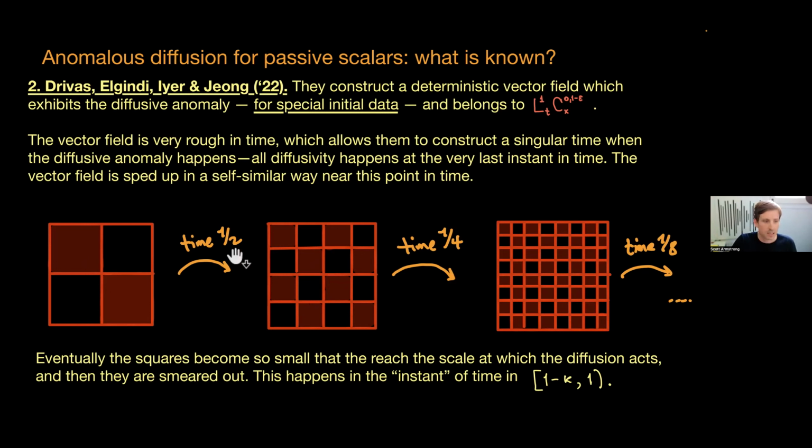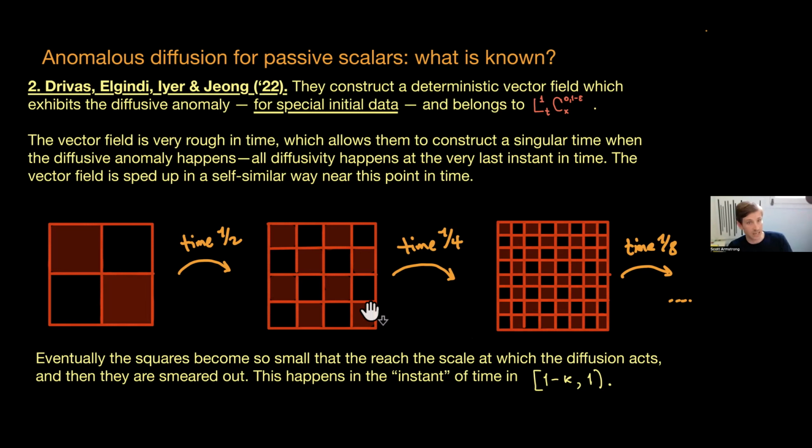Maybe it's so because the vector field is doing this, and the diffusion is not. It's maybe rounding these edges a little bit, but it's kind of irrelevant until finally you get down to a small scale at which the checkerboard, which happens in time 1, because if you sum these numbers, you get 1. But you get down to a small scale at which the diffusion can suddenly smear out all the checkerboard squares and turn this thing completely one color in the last second. And that happens in some time interval, which is of size kappa around 1. I think it may be size square root kappa now that I think about it. But anyway, it's some very short time around 1.